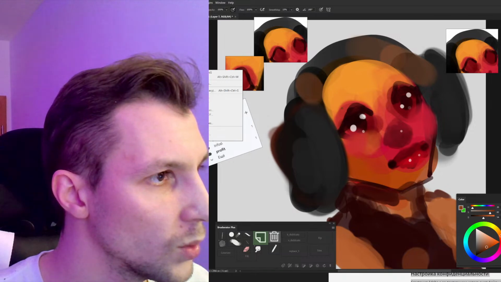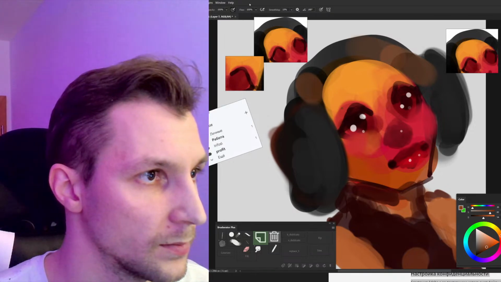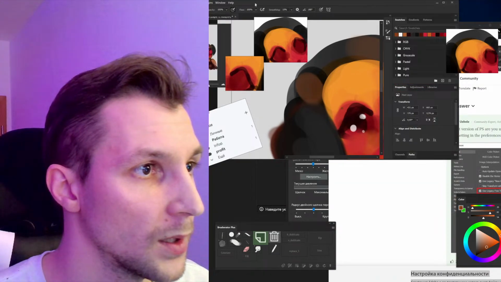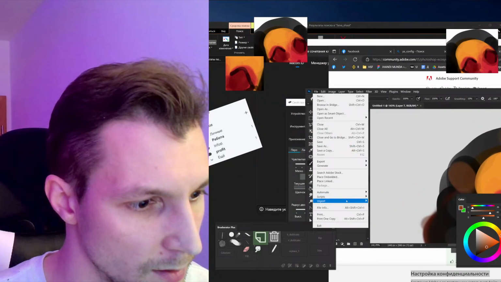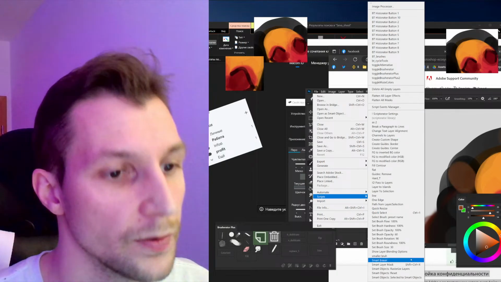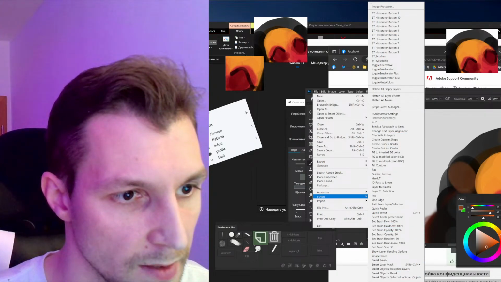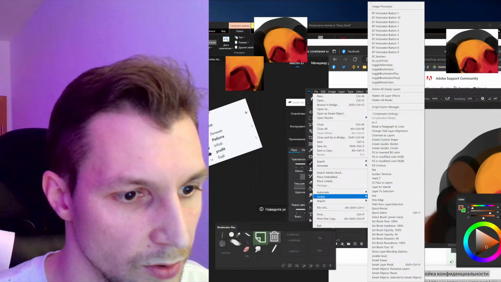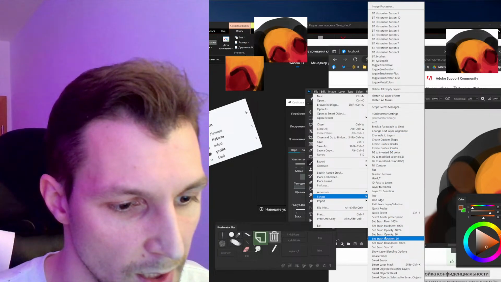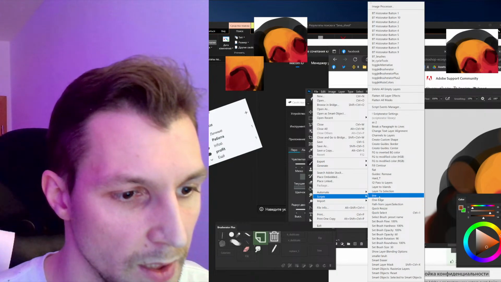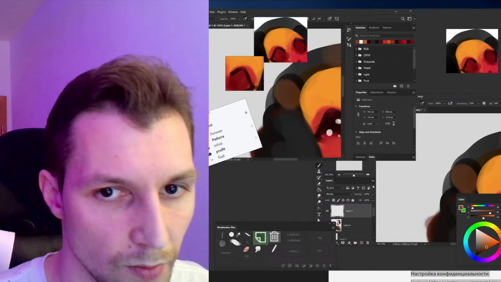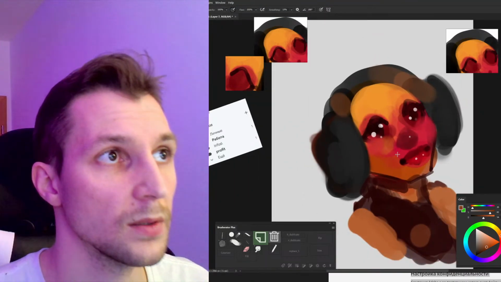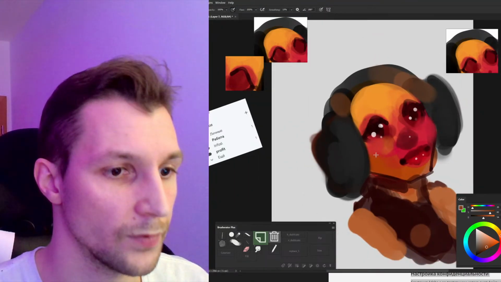I also wanted to show you Scriptolator. It's a lot of scripts. I'll show you like this, I guess. File, scripts. I have a lot of them. You can find Scriptolator on the internet, YouTube. It has its own guide and so on. It doesn't cost much, but it gives you the ability to change your brushes and make a lot of things with hotkeys, and not only hotkeys. For example,